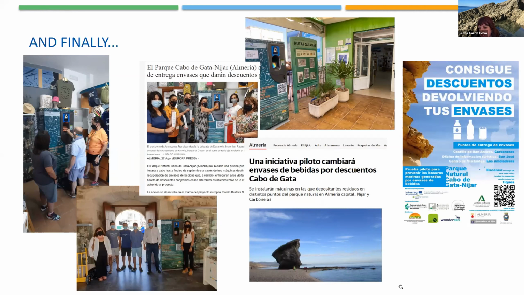And also we have this campaign that is in Spanish, but they say gain your discounts, taking your bottles back, something like that, and information about the different points and a QR where you can find information, the logos of the project and things like that, and the partners and stakeholders. So the system was like you